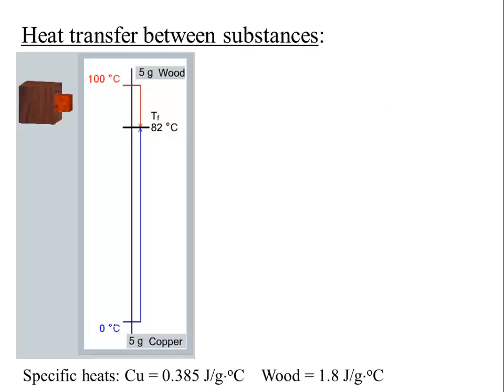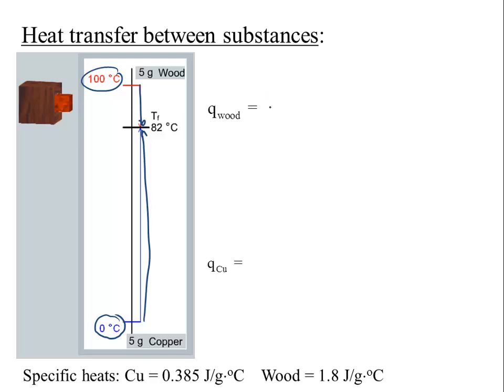So let's look at an example. If you have 5 grams of wood at 100 degrees, and you bring it into contact with 5 grams of copper at 0 degrees, the wood goes down to 82 degrees and the copper goes up to 82 degrees. And what that means is that the heat associated with the wood is going to be